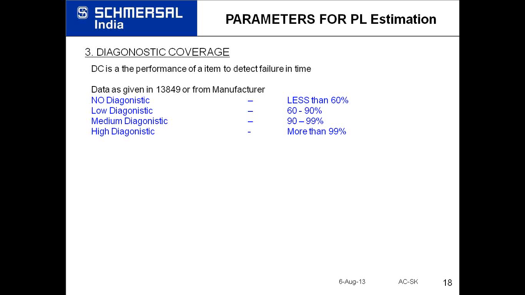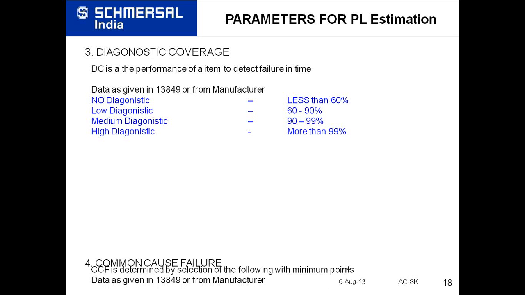So what this standard has done, they have quantified all those safety parameters, and this quantification we will just see briefly. We can design a system and quantify it, and we can understand whether the implemented system meets our requirements or not. There are also some typical values given for diagnostic coverage in the standards: no diagnostic, low diagnostic, medium diagnostic, and high diagnostic.